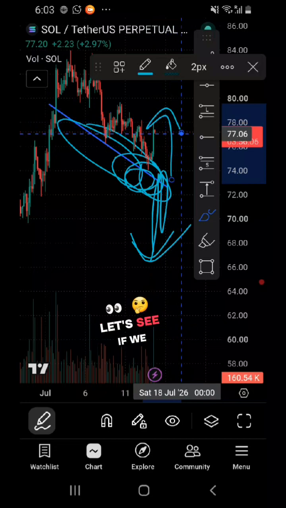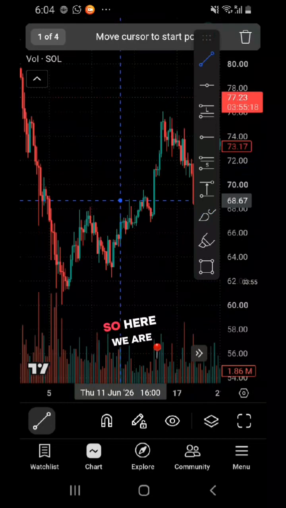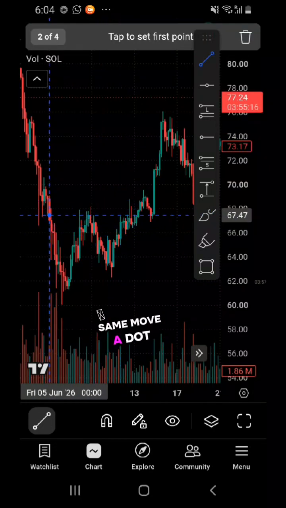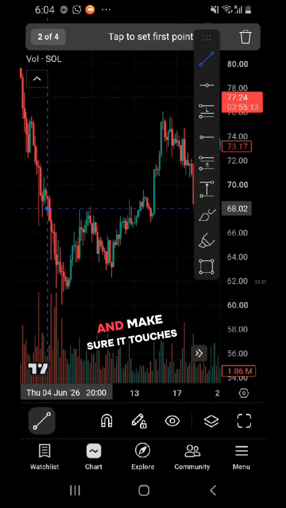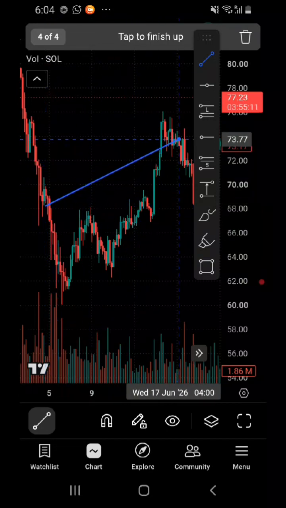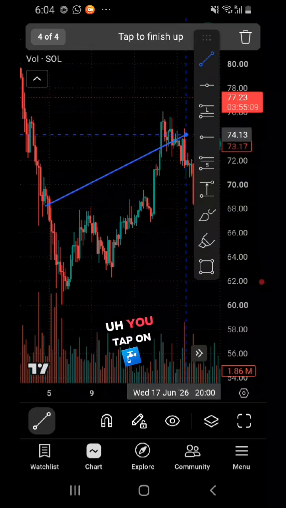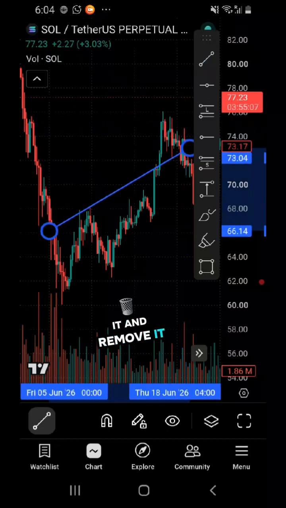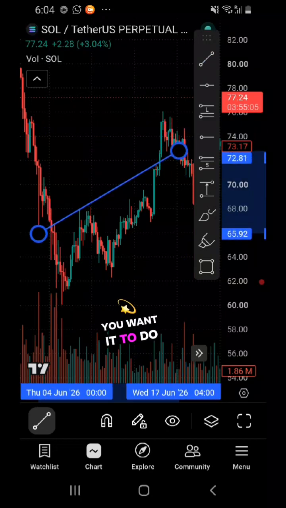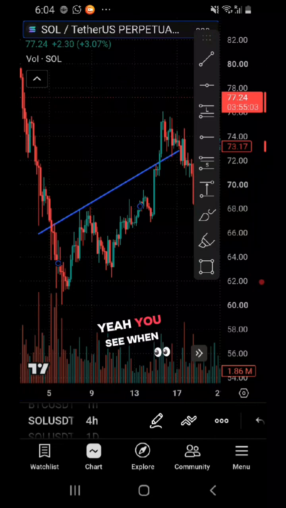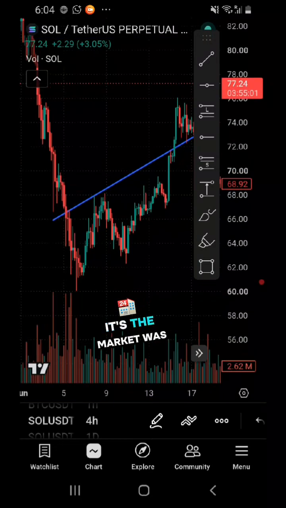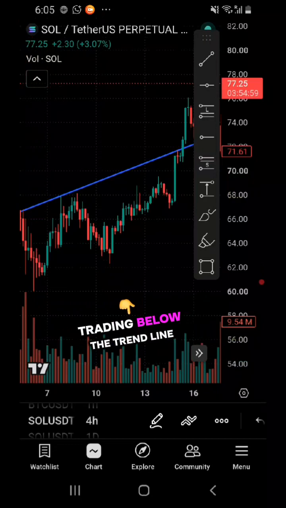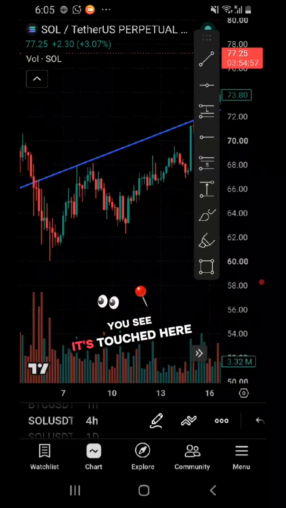Let's see if we can find one to show for an uptrend. So here we are going to do the same, move our dot and make sure it touches. You tap on it and move it if you feel like it's not doing what you want it to do. Yeah, you see, when the market was trading below the trend line, you see it touched here,